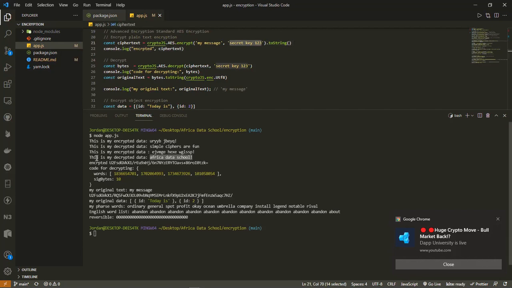So all this I've console logged. So this is the encrypted data together with the private key. Then on decryption, I'm decrypting the ciphertext, this word, using the secret key, that is 123, and then this is